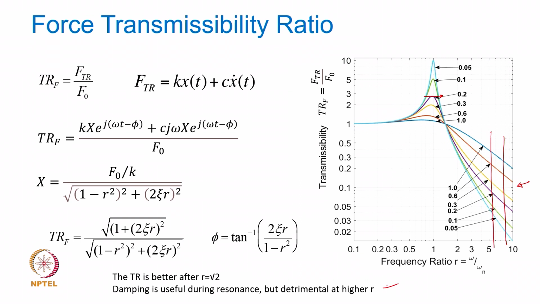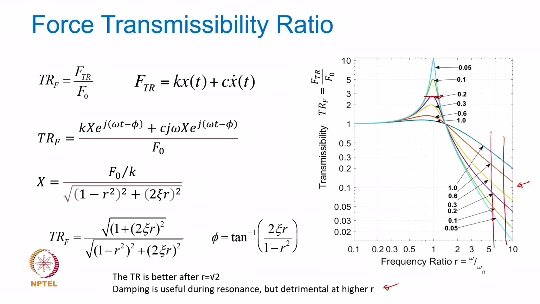In most practical cases, wouldn't the structural damping be enough to take care of the limits that we have? Because there is already some structural damping, so the levels will not rise too much at resonance, and we want low damping after resonance? Yeah. So the question is, because the structure has reasonable inherent material damping, you do not really need to do anything as such